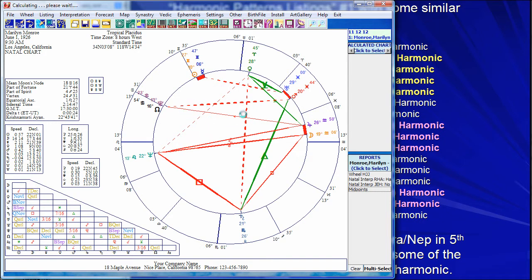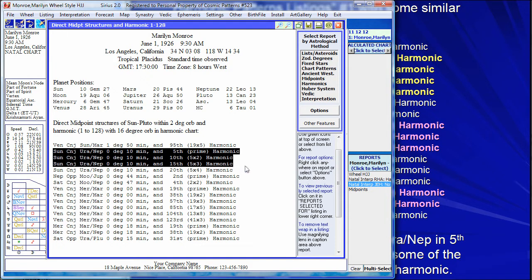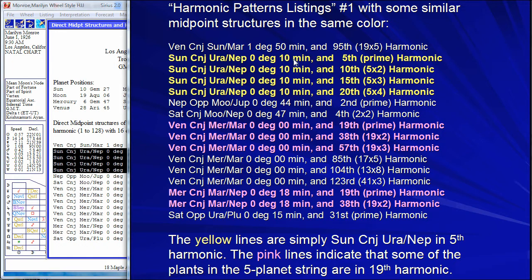And it takes a few seconds to calculate. And now we're going to start to see the details of who Marilyn Monroe is. And we'll see things like this: that Sun at Uranus Neptune is actually a 5th harmonic pattern. So I've copied and pasted it here. Same information that I've got here. I've copied and pasted it here